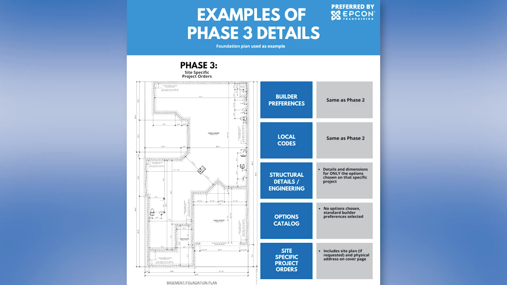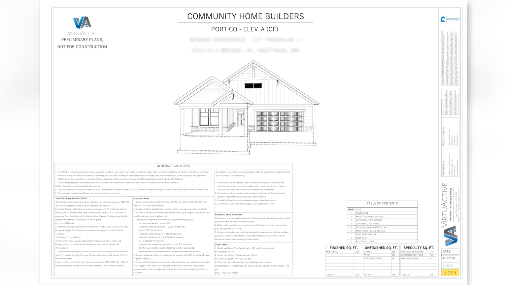So you want to know that, hey, I've got the portico, elevation A, bonus, with the gourmet kitchen, whatever you're ordering for a couple of options. And that is all that's on that page that's going out to the field. That's specifically what's going out. So now, boom, you've got that. That's going out to the field for permitting. That's going out to the field for bidding. It's for that specific lot and that specific plan, and off you go. And now you're just selling and building homes. So that's really what the whole purpose of this was.